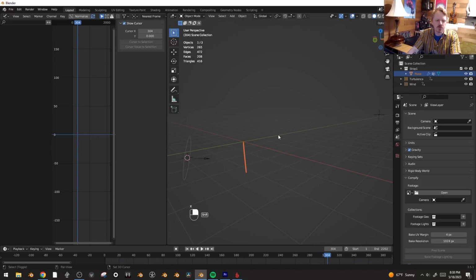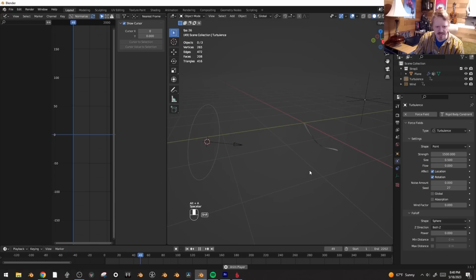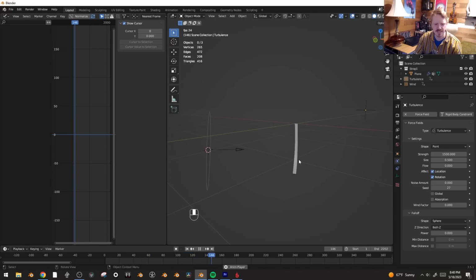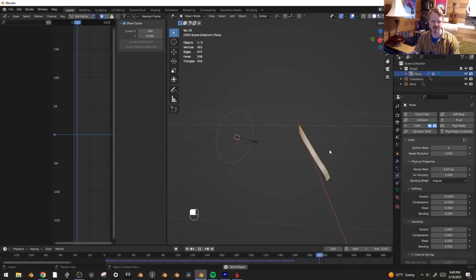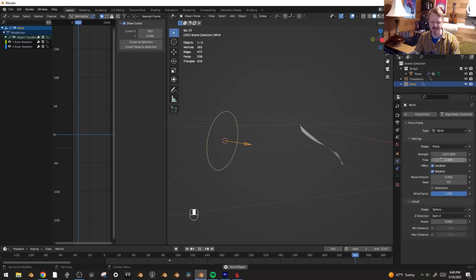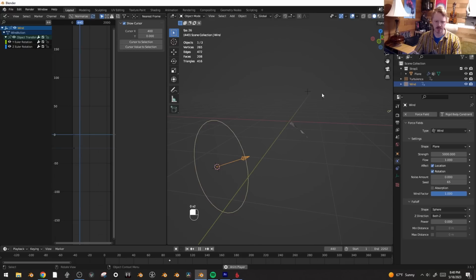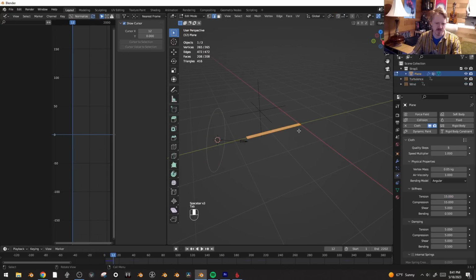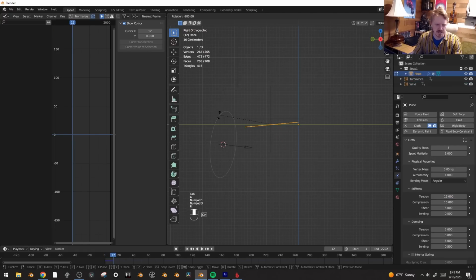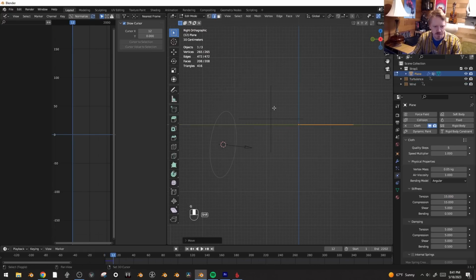Let's go back to our strap here, and let's see what these forces are doing to this thing. It looks like surprisingly little. So here, I'm going to select the strap, and I'm going to turn the vertex mass down quite a bit. I want this thing to be really lightweight. And even still, I guess we just got to turn this wind up like crazy. Is that good? And the turbulence up maybe quite a bit too. And here, let's just rotate this so that it starts with the pinned edge facing already in the right